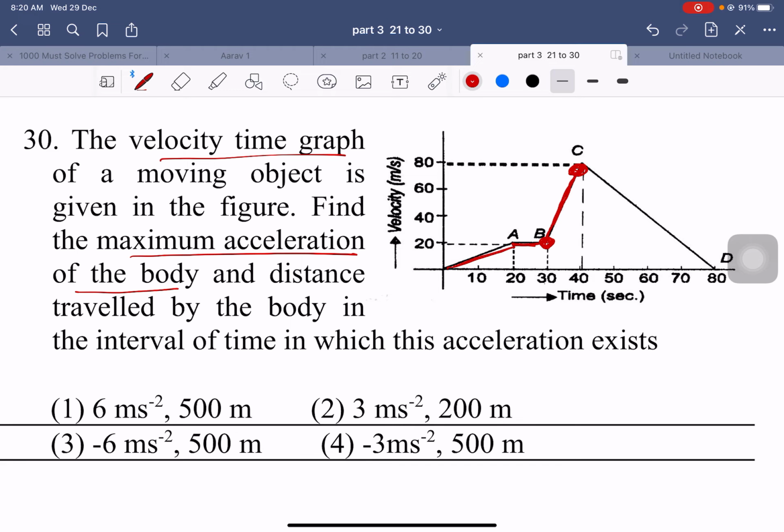So find the slope of BC. So that will be maximum acceleration. I'll do it. So maximum acceleration is equal to slope of BC. So this distance, what is that? 80. Okay, correct now? 80 minus 20, divided by 40 minus 30. Okay, 80 minus 20 divided by, oh sorry,